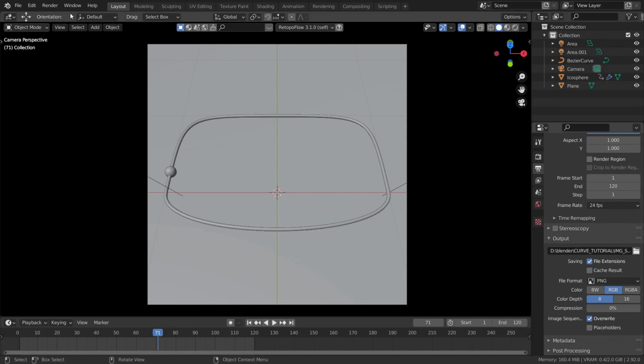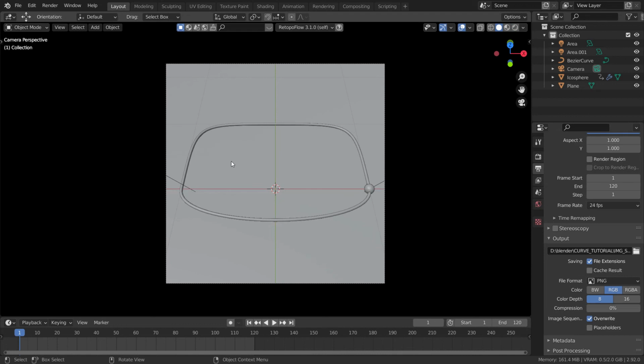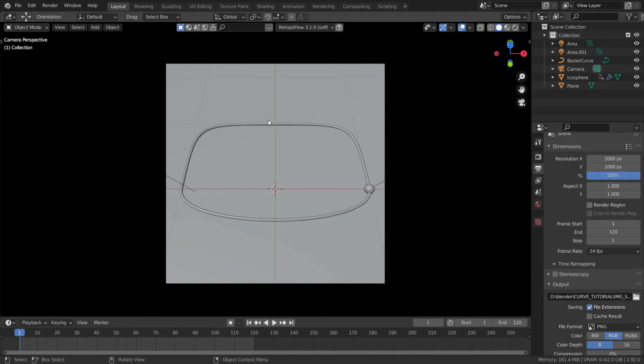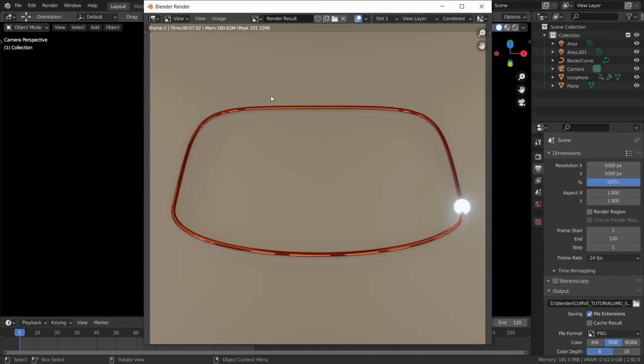So all you have to do right now is click on render animation, or you can just hit Control F12, and it will start rendering your animation as you can see in your rendered view. So that's how you make your render. Once you are done with that, you just have to convert your rendered image sequences into the video, and I'll give a link in the description on how to do that. So that's basically all the steps needed to create the video like that.